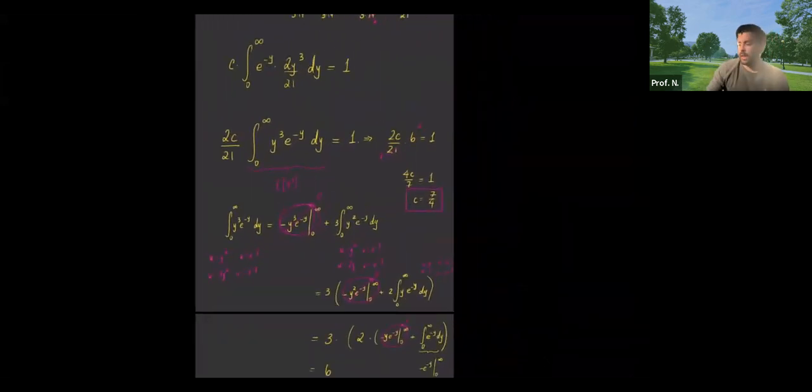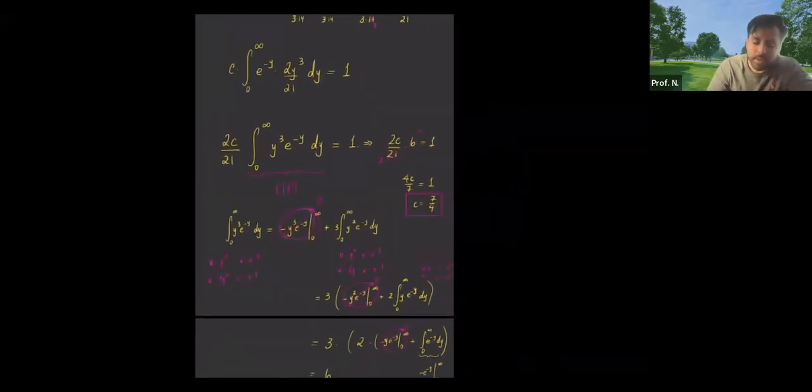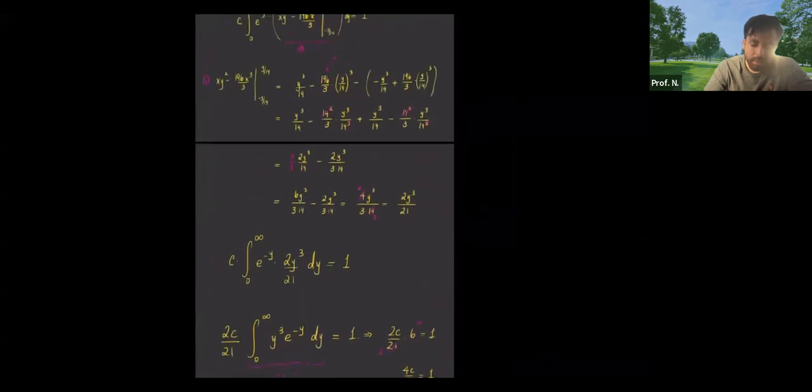So as you can see, there is a lot of integration in this section, in this topic of joint probability distributions. Not so much the probability; the concept of probability is present here, but it's more just applying the rules of integration. So is that part okay? Are we good with finding c?